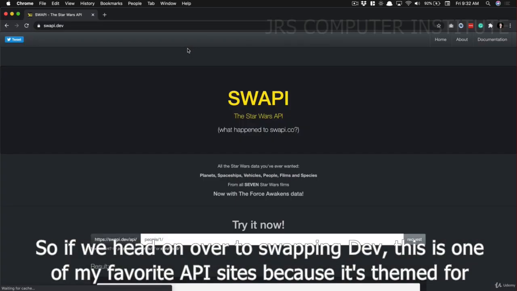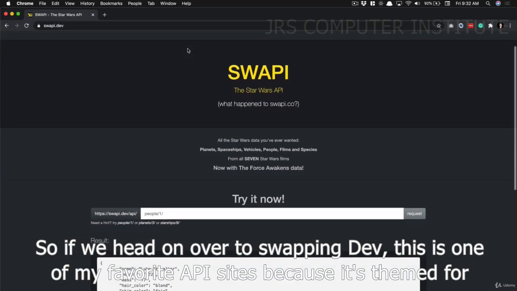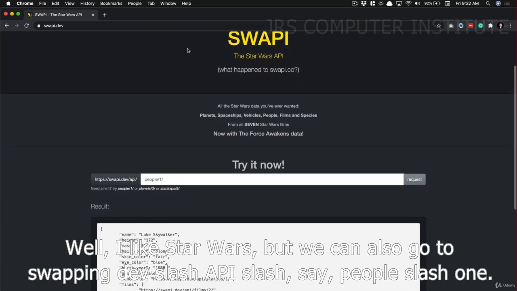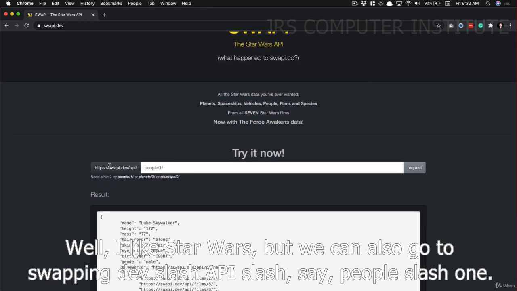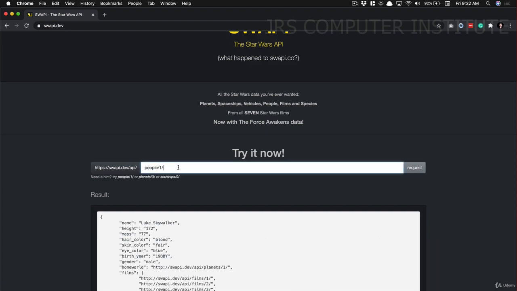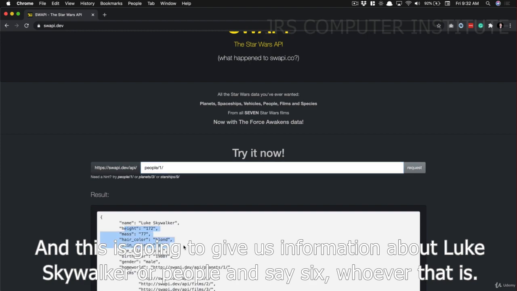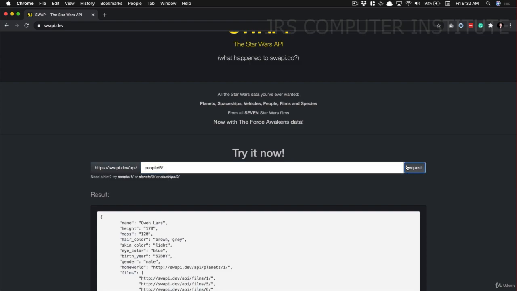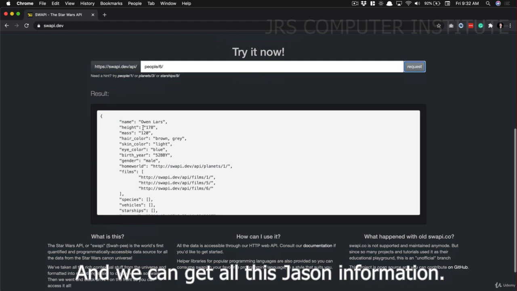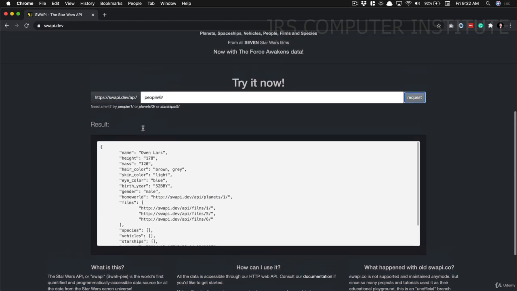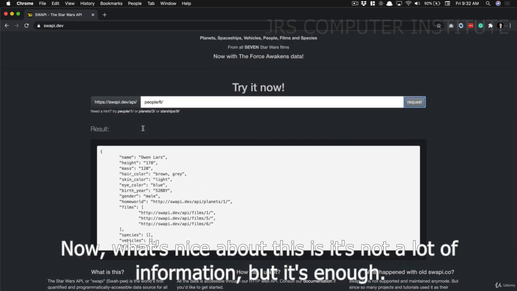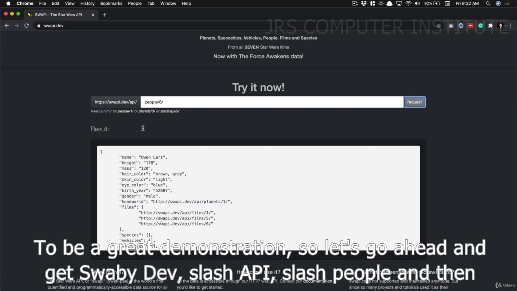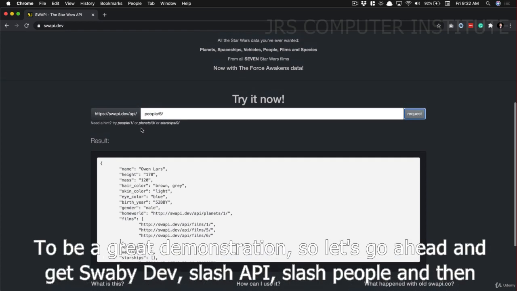So if we head on over to swapi.dev, this is one of my favorite API sites because it's themed for Star Wars. And I like Star Wars. But we can also go to swapi.dev/api/ let's say people/1. And this is going to give us information about Luke Skywalker, or people/6, whoever that is. Owen Lars. And we can get all this JSON information. Now what's nice about this is it's not a lot of information, but it's enough to be a great demonstration. So let's go ahead and get